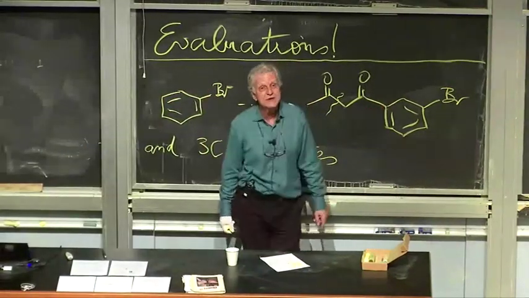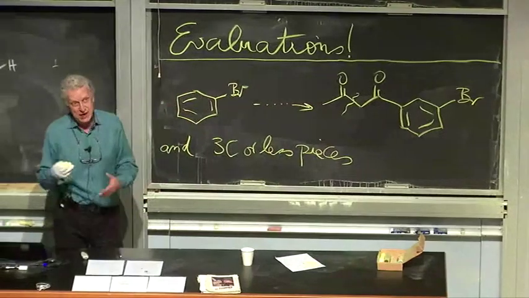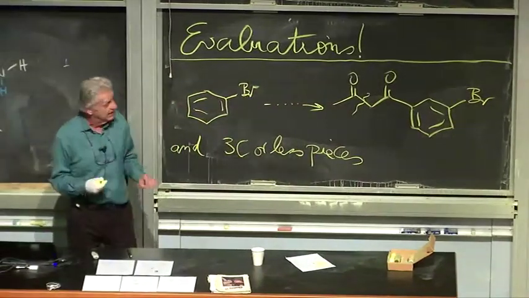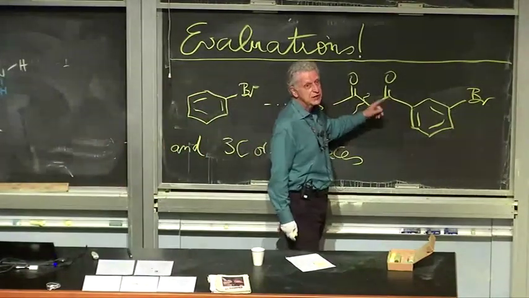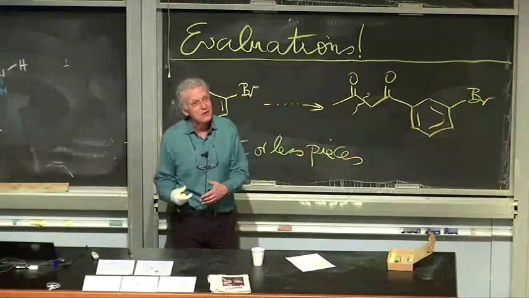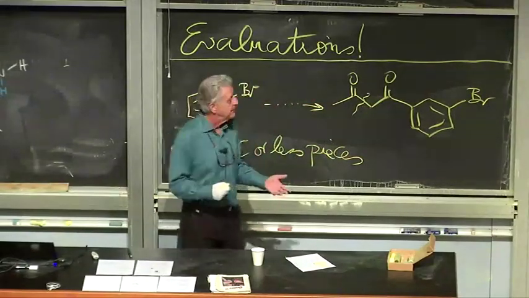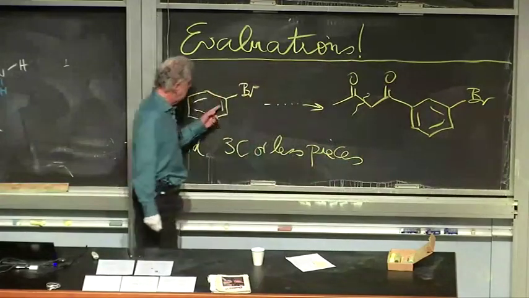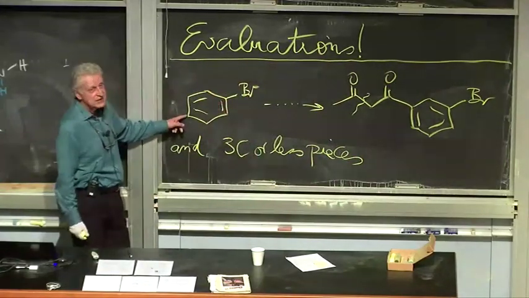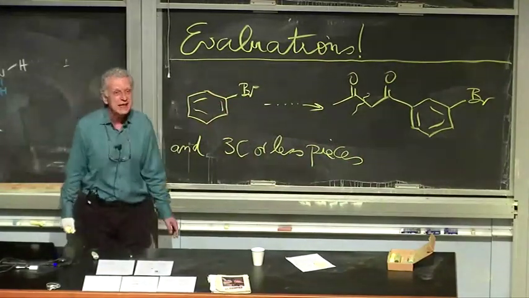Okay? So we got a problem here of regioselectivity, and we have to now play some tricks with respect to how to solve the problem of sending the incoming acetyl group to the right position. In other words, we have to introduce a group that we then remove later on that will direct the acetyl to the meta position. And the only way we can introduce anything on bromobenzene is para, right? So there has to be some para function. Fortunately, we have one such thing. We learned that last week, and that's nitrogen.